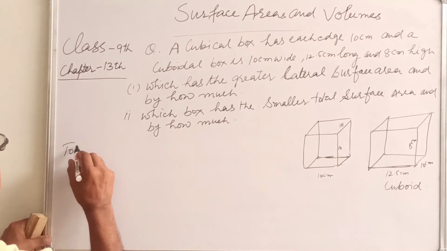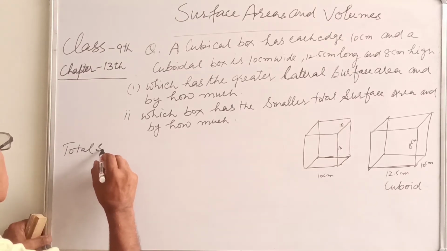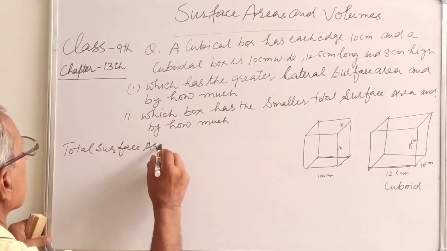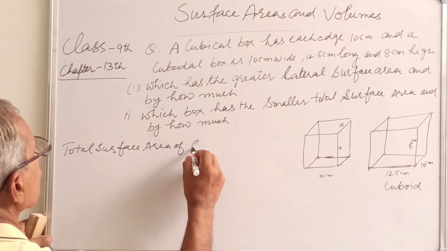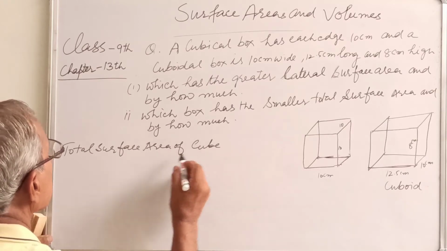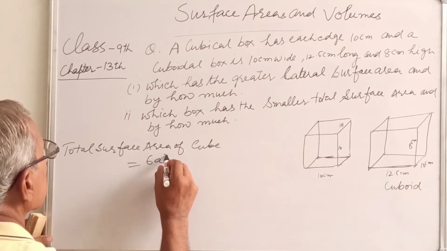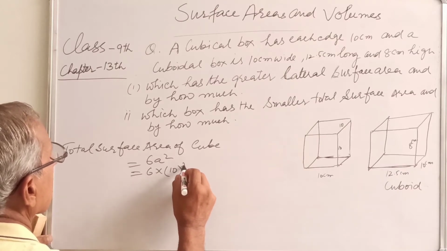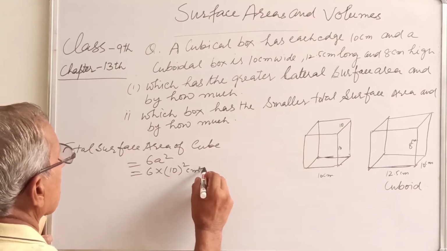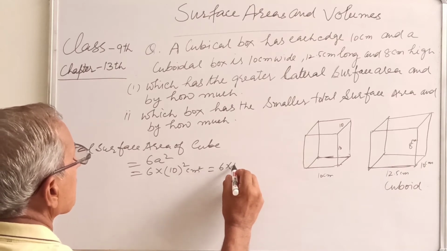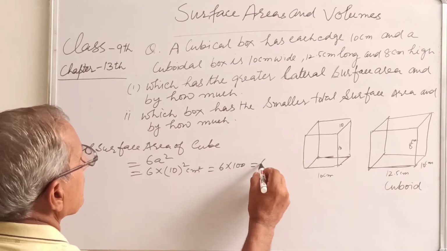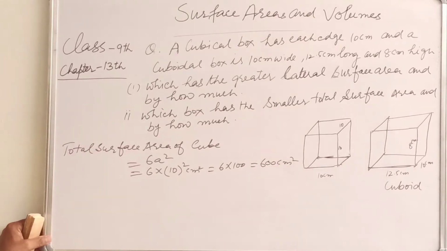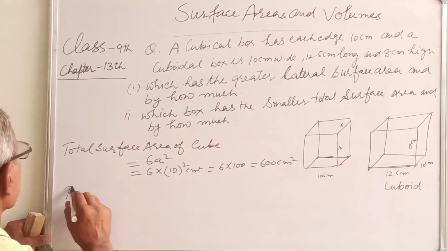Total surface area of cube, that is 6a square. So 6 into 100, 600 centimeter square. The total surface area of